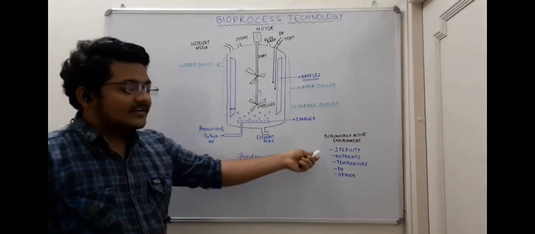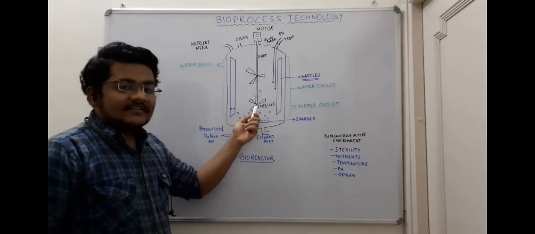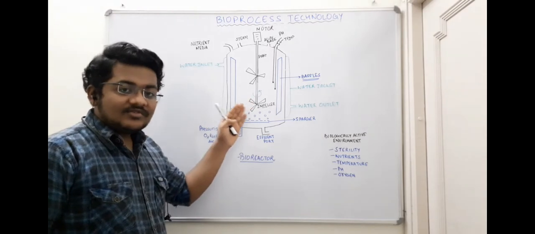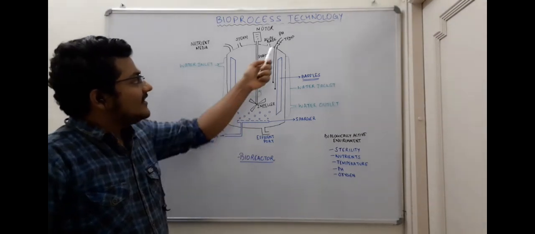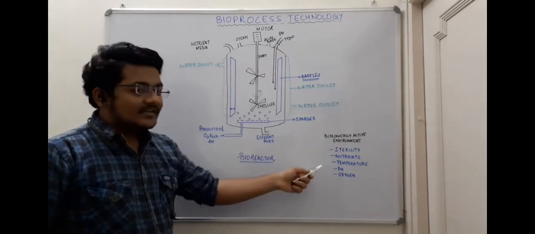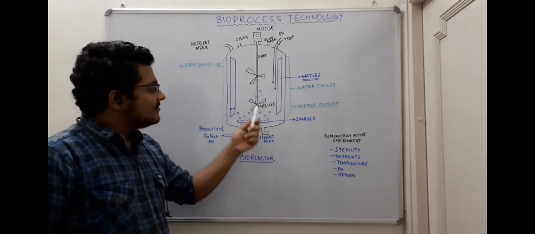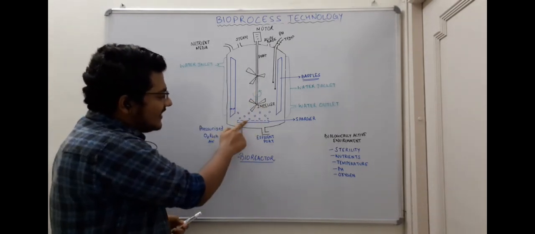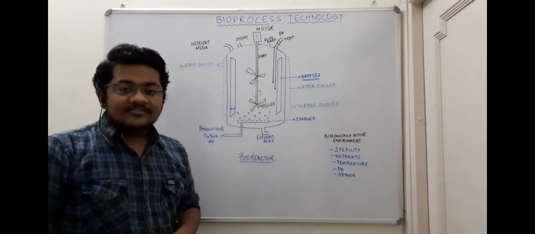So now sterility is maintained with the help of steam, nutrients with the help of the agitator, impeller, and the nutrient media which we add. Temperature is maintained with the help of the water jacket and the temperature sensor. pH with the help of the pH sensor and acid base port. Oxygen with the help of the agitator shaft, impellers, and this sparger. With the help of all these things, the oxygen is also maintained.